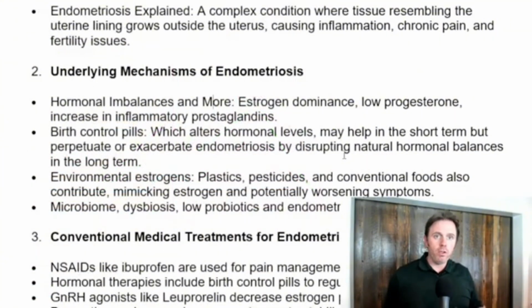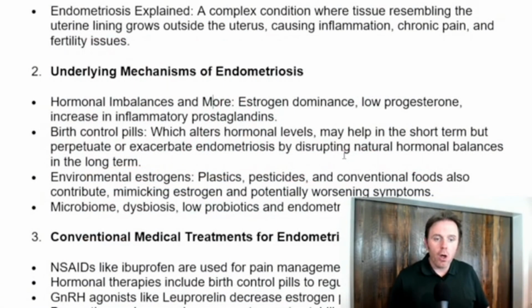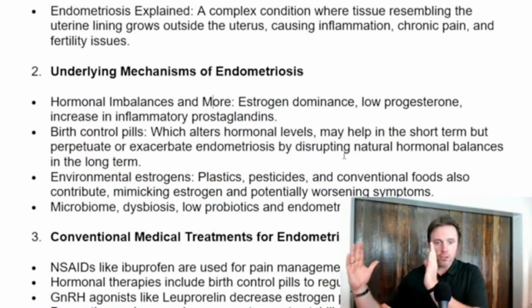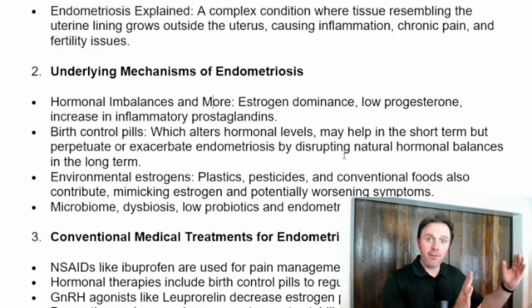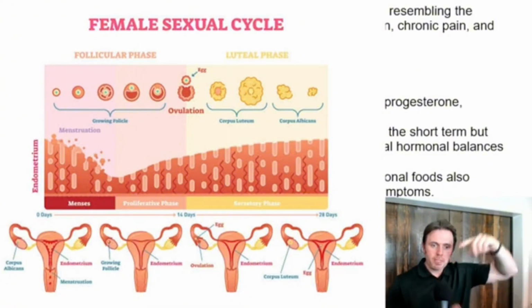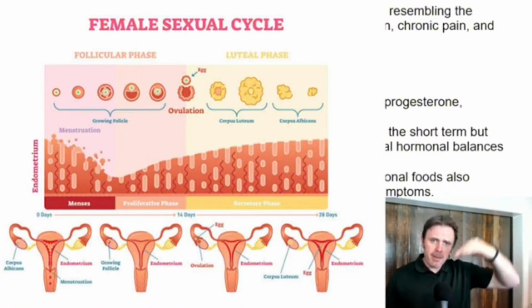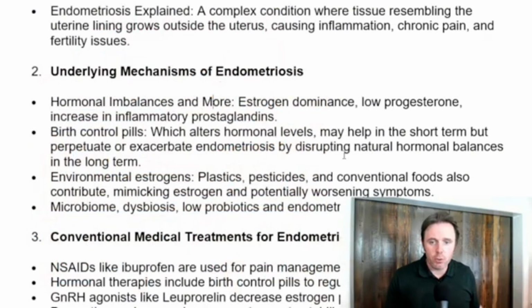And so when you start to have more estrogen or fluctuations of estrogen, that's a hallmark environment for endometriosis to form. Also, the first half of your cycle is your follicular phase, F for first half, follicular. The second half of your cycle is the luteal phase, or the last half. So luteal, L for last, follicular for first. That's where progesterone predominates. Progesterone comes up like this, peaks around day 20, and then comes down after that, typically right around day 27, 28,